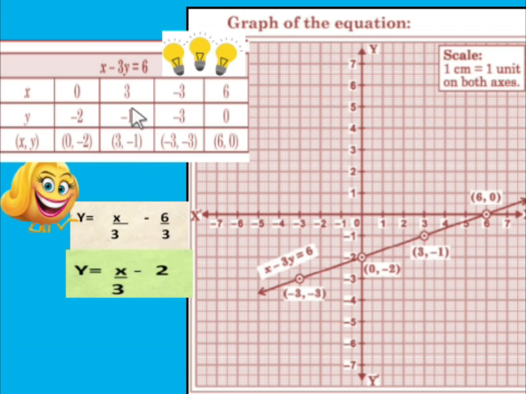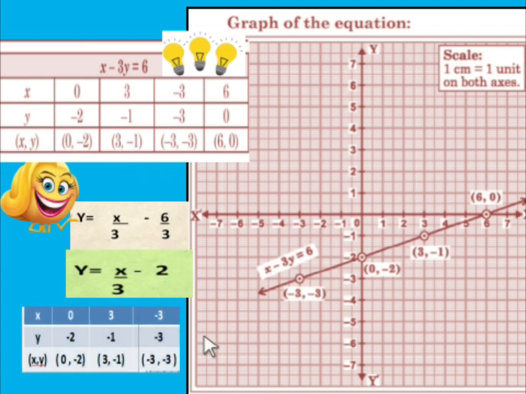Second thing, I will substitute x = 3. The moment I put 3, 3 upon 3 becomes 1. 1 minus 2 is minus 1. Similarly, we can find all the values given here. Now, when you draw the line, this is what is to be done. I will always appreciate it if you students put it in this format.